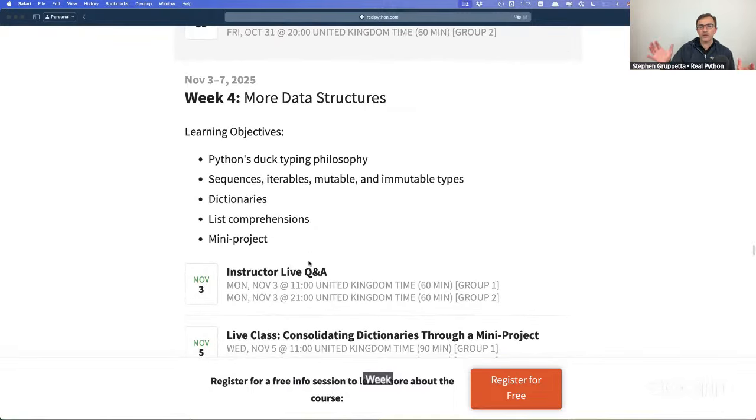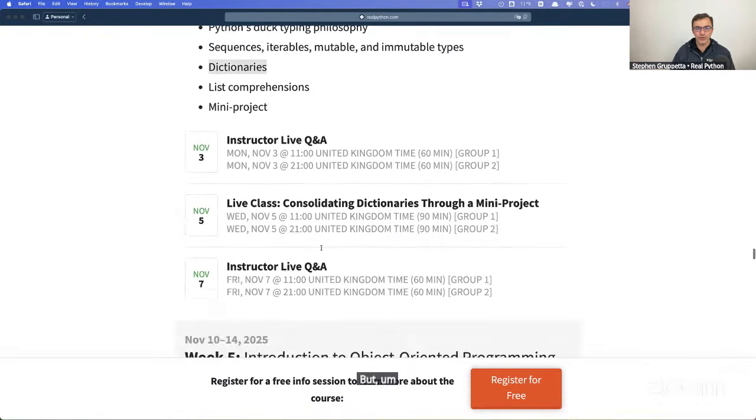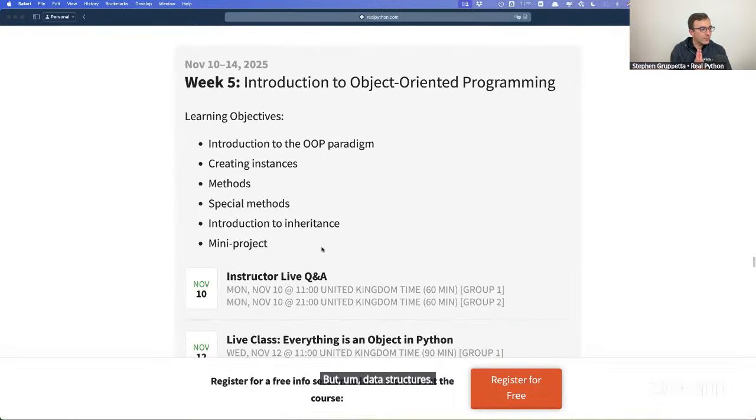Week 4, I talked about data structures: the boxes we use, the different types of boxes to store different types of information. So here we're going to look at more of those data structures. Week 5,